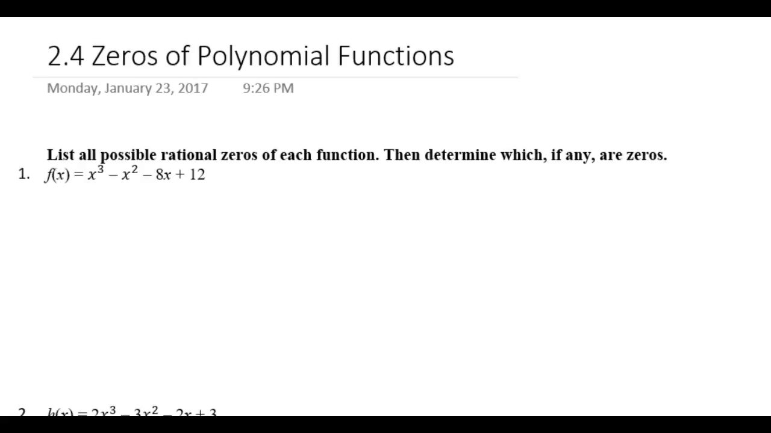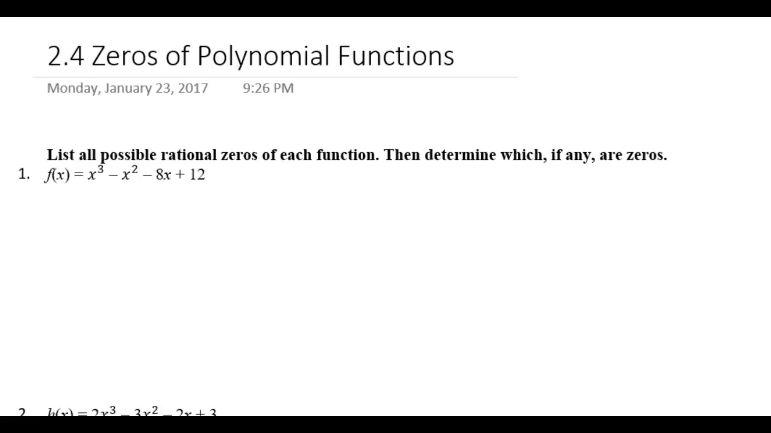Hi, in this tutorial we're going to be looking at how we can figure out the zeros of a function. First we're going to list all of the possible rational zeros of that function and then determine which ones of those actually are zeros. So when we have a function such as this first one, f of x equals x